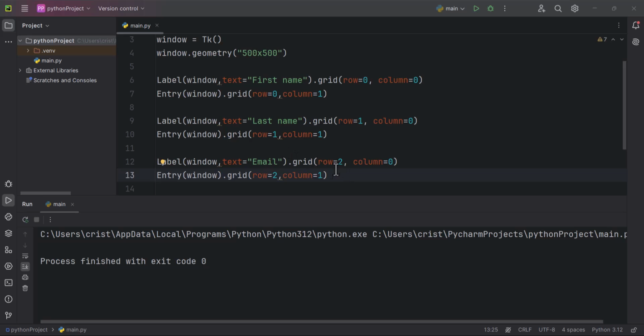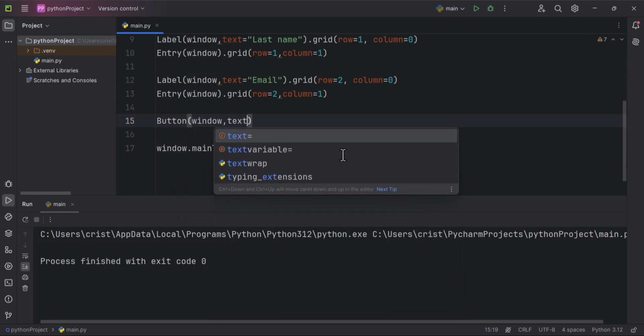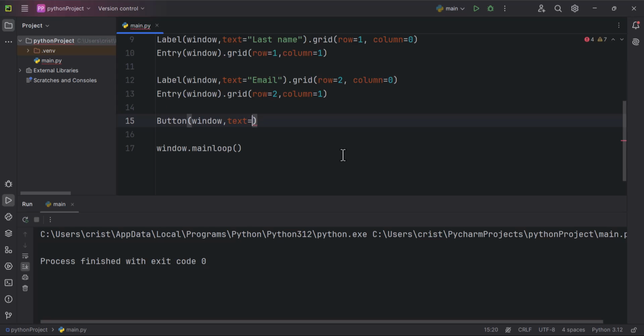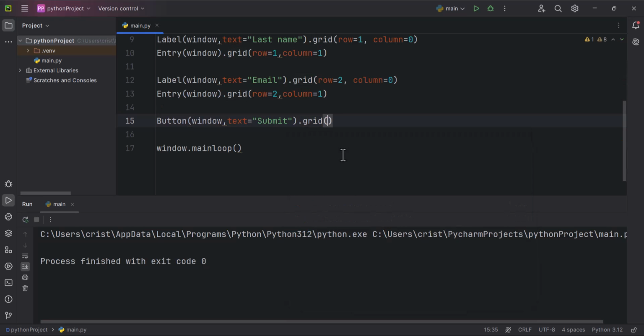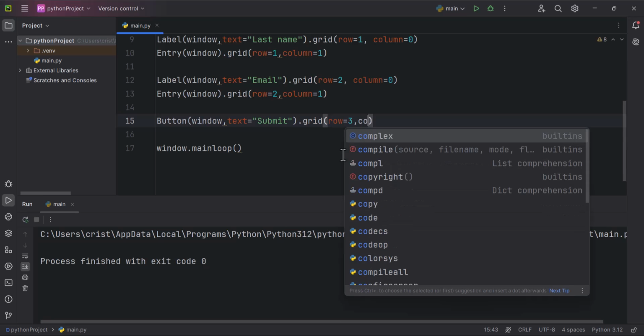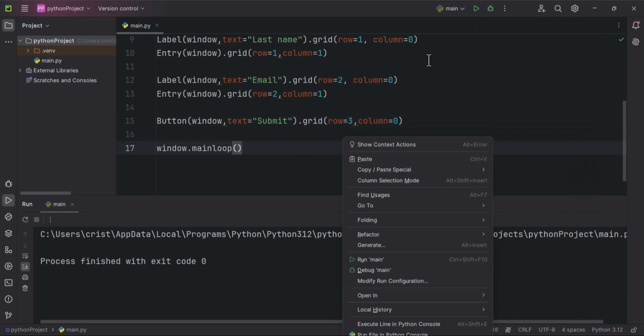Okay, next let's create a button, a submit button. So I'm going to type here Button, it's going to be shown in our window, and I'm going to have the text submit. I'm going to put dot grid, it's going to be on the third row, so row equals 3 and column equals 0. Now if I run this,